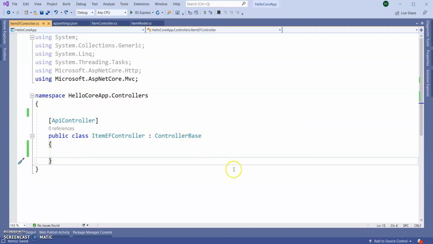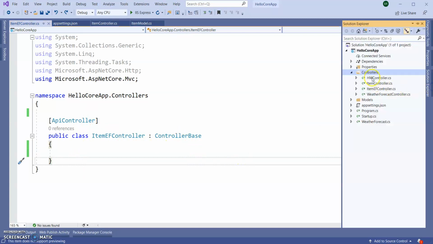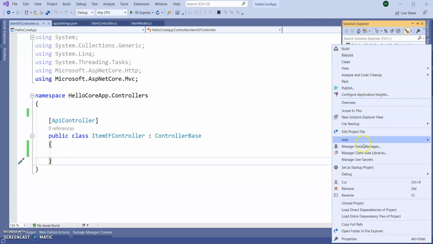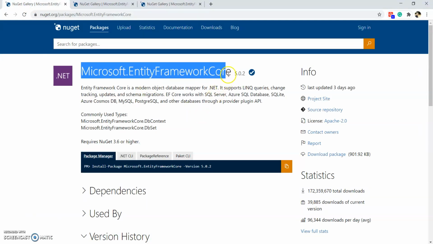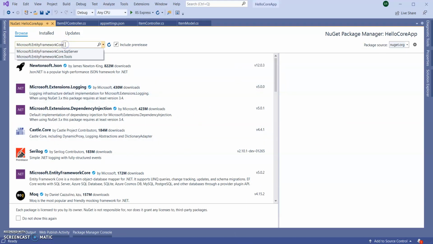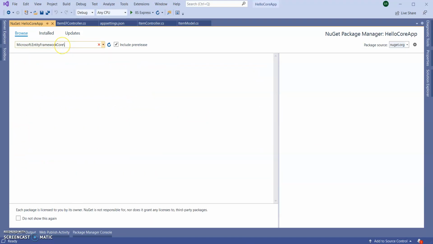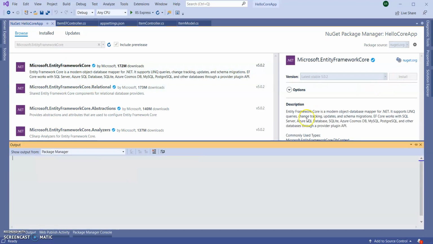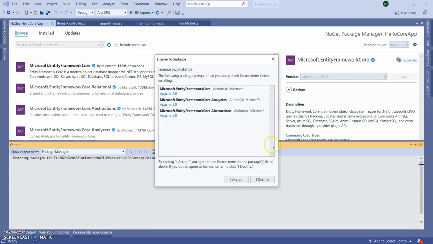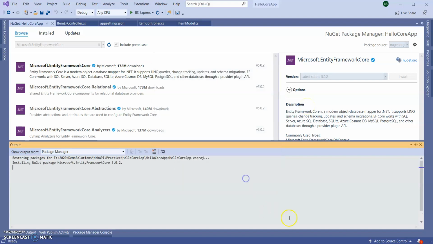Let's add our NuGet packages inside our application. Right click on the application, Manage NuGet Packages. First one is Entity Framework Core. This first one, install this one. Click on I Accept.